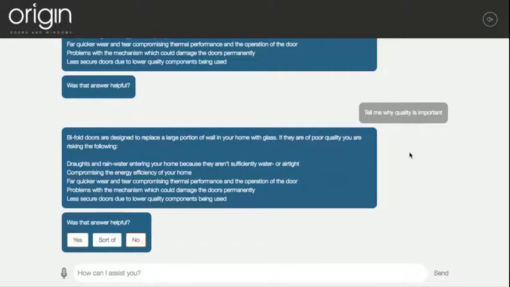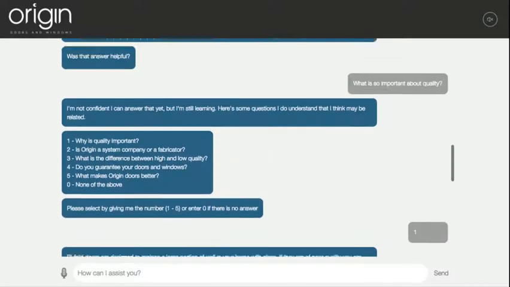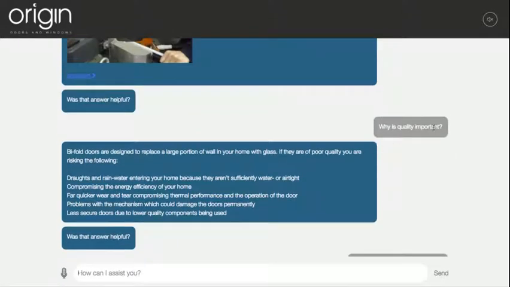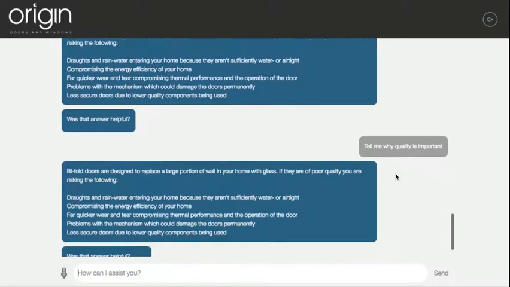This is implementing a technology we have, which is called Octavo, which makes us very unique within the market. What we do is we take a single question, such as why is quality important? And it finds 1,000 different ways in which that question could be asked, and it implements that within the AI